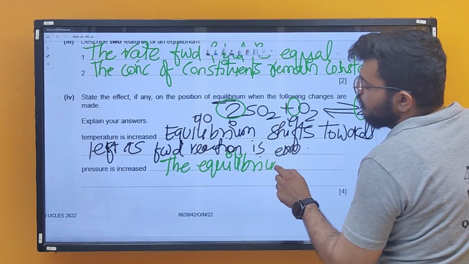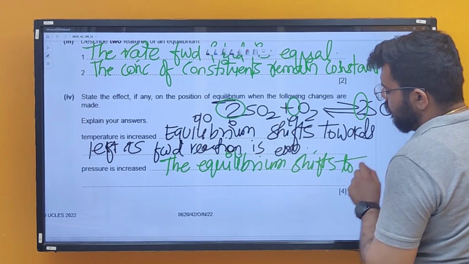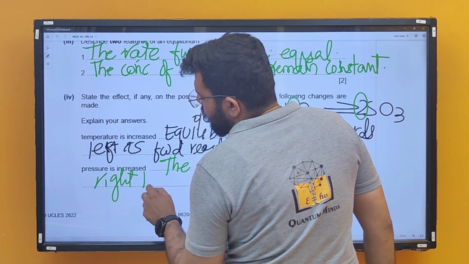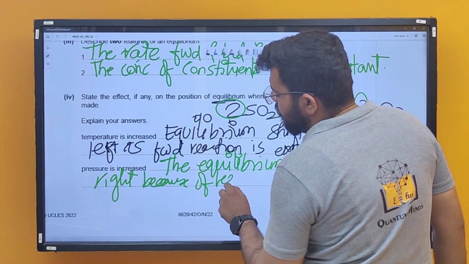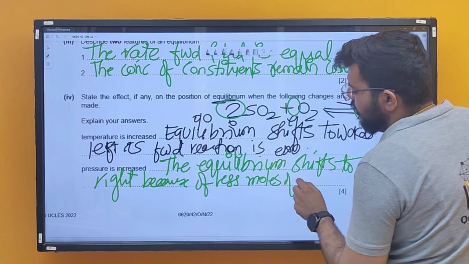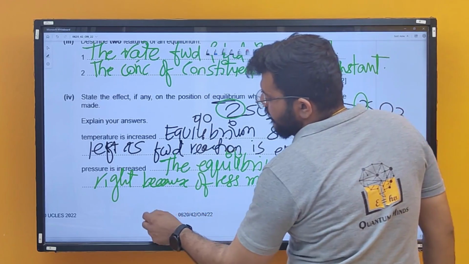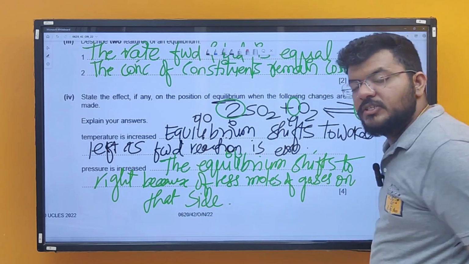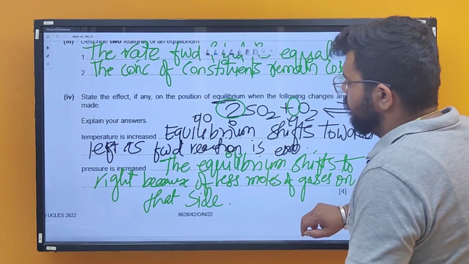Equilibrium shifts to right because of less moles of gases on that side. So if less mole of gases, less pressure exerted, and therefore equilibrium is trying to oppose the